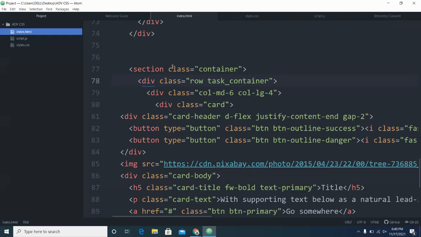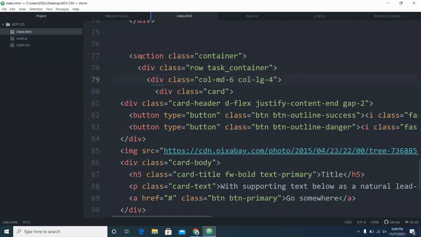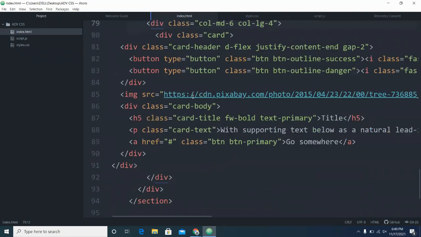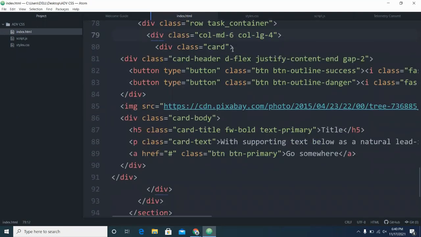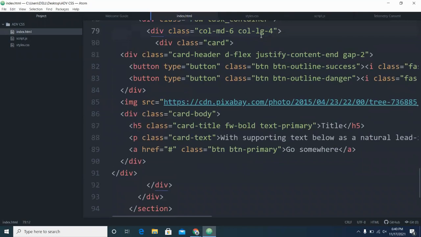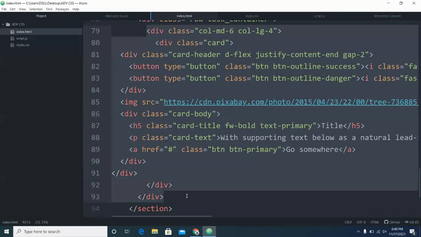So over here you have a lot of things. You have the row task container, these all things are present. Suppose inside this container from row only the entire card starts. But the row is basically the entire row. The child individual cards, the division, starts from here, from this particular thing, division col MD6 and col LG4, the rest of the parts. The entire thing. So what we are going to do, let us copy this entire thing